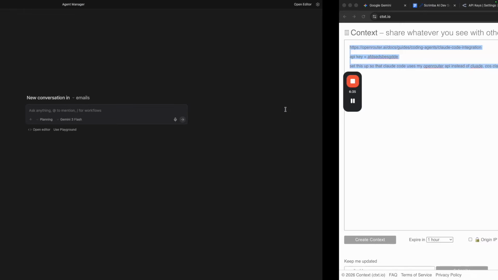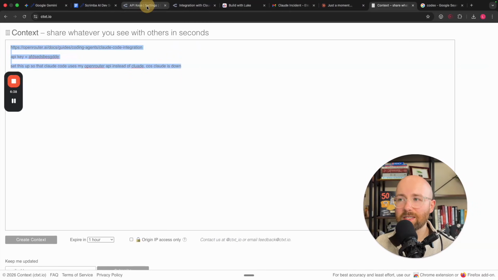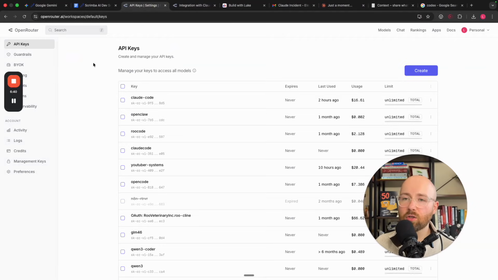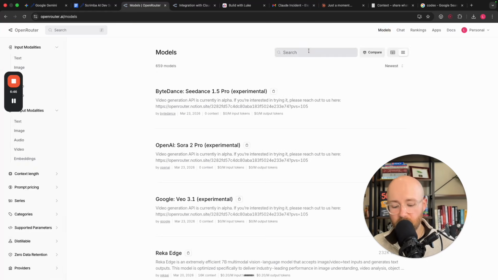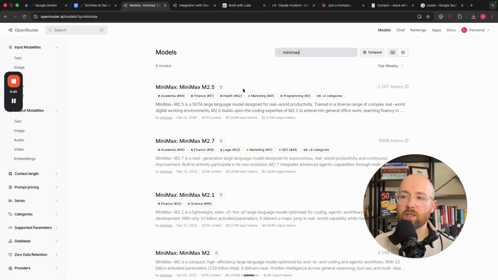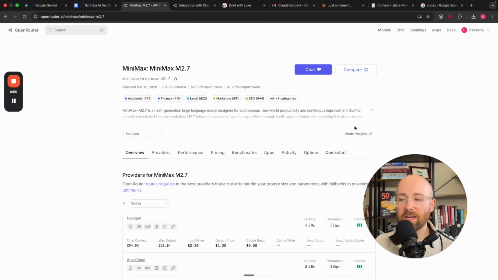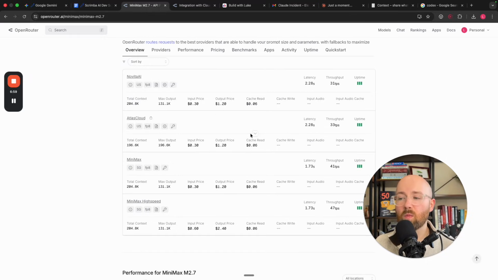And also, because you're using OpenRouter for Claude Code, if you wanted to stay inside of Claude Code, what you can do here is inside of models, come here and you hear that Minimax is supposed to be really, really good. Minimax 2.5. It's not as good. Oh, hi, there's 2.7 out. Very nice. It's not as good as Claude, but it is so much cheaper, it's not even funny. But the thing is, it's not as cheap as a Claude Max subscription, which is $100 a month. 100% worth it. But here, you can see, if you have to use the API, like in an instance of today,